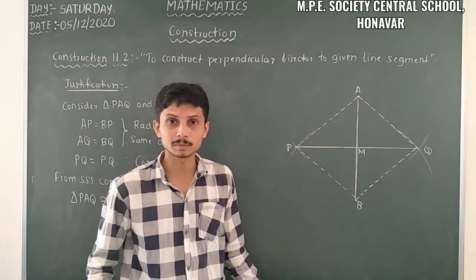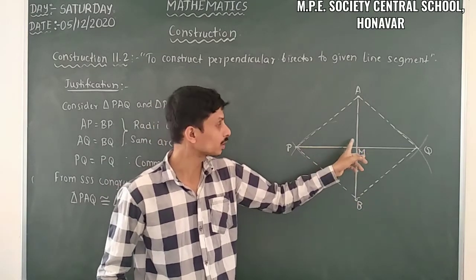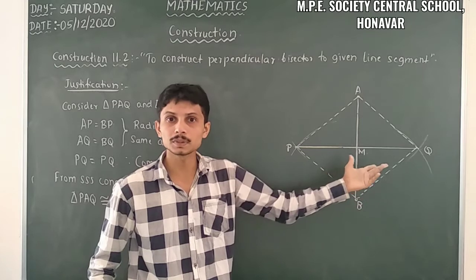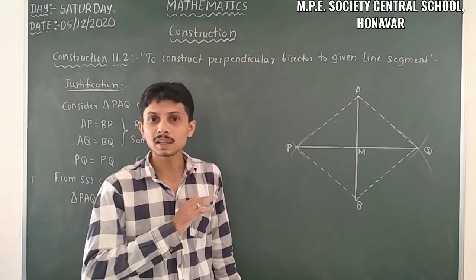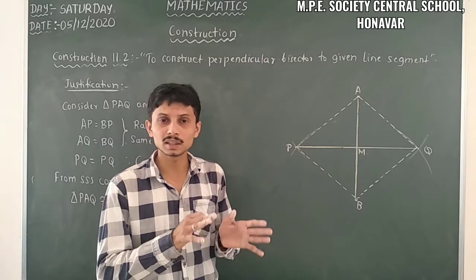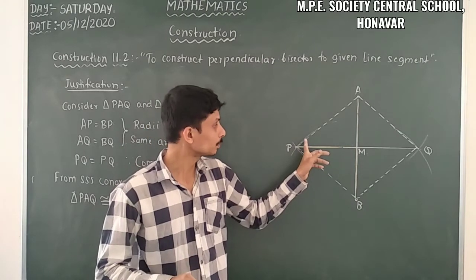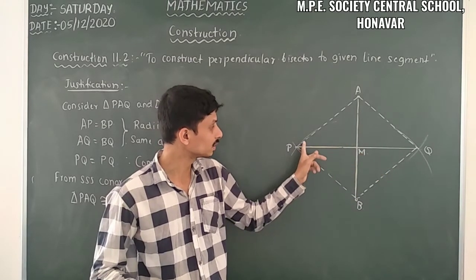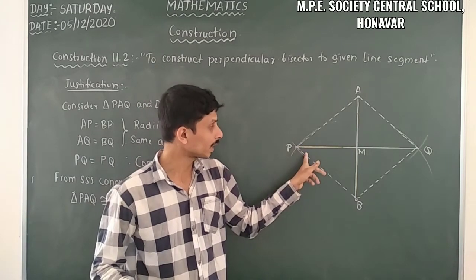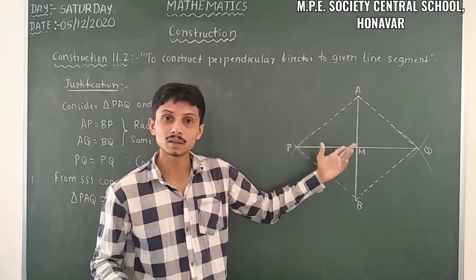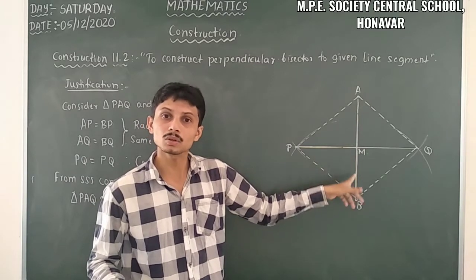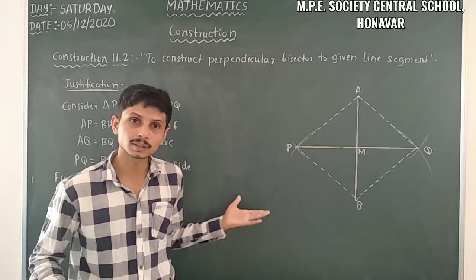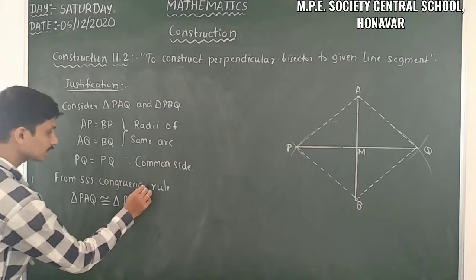So that one is also possible. If it is, you have a possibility, you can take these two also. Then these two become vertically opposite angles. That one is also possible. But here there is no congruent part which is possible to take for these two angles. But here we can get these two angles are congruent. From these two angles we can find out these two angles are linear pairs, and also those two are equal. So from that we can find out these two angles are 90 degrees. So that one is also possible here. Yes. So let us take that one.